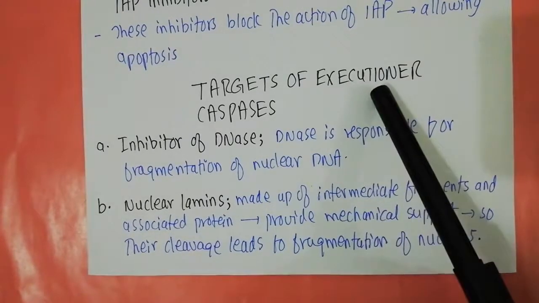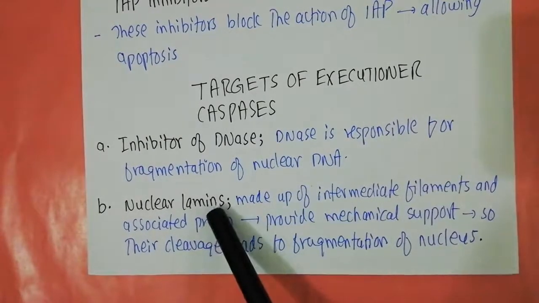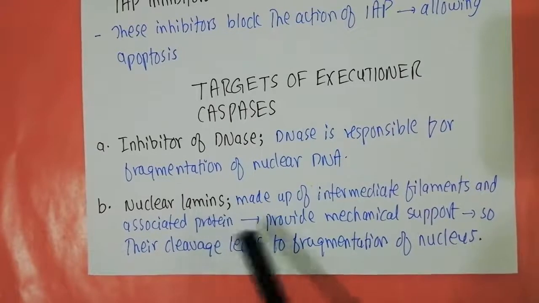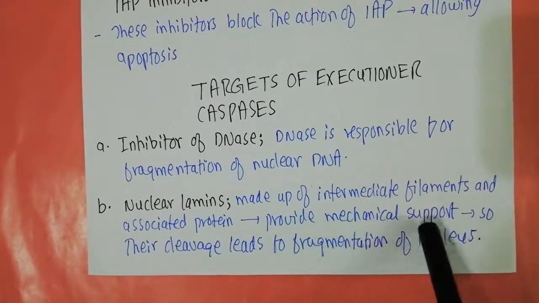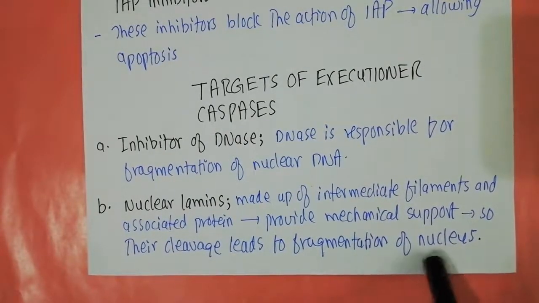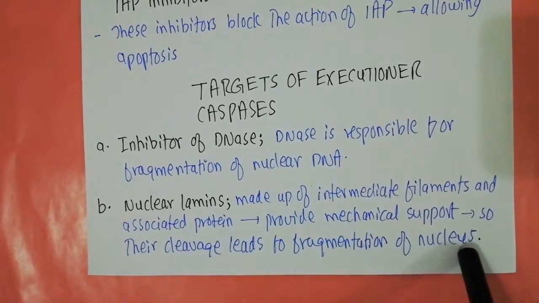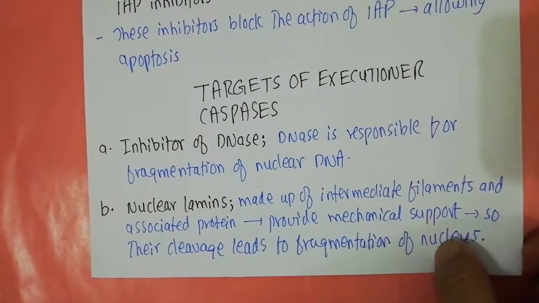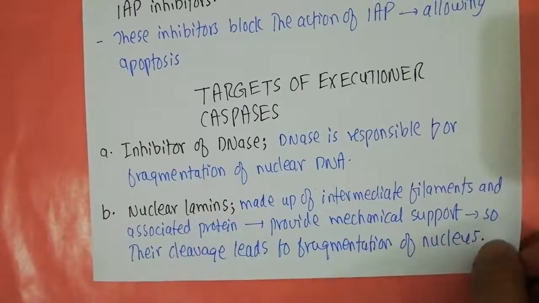So when the executional caspases degrade the nuclear lamins, that means you have broken down the mechanical support, and that leads to the fragmentation of the nucleus of the cell. So the nucleus of the cell has now been fragmented because the nuclear lamins have been